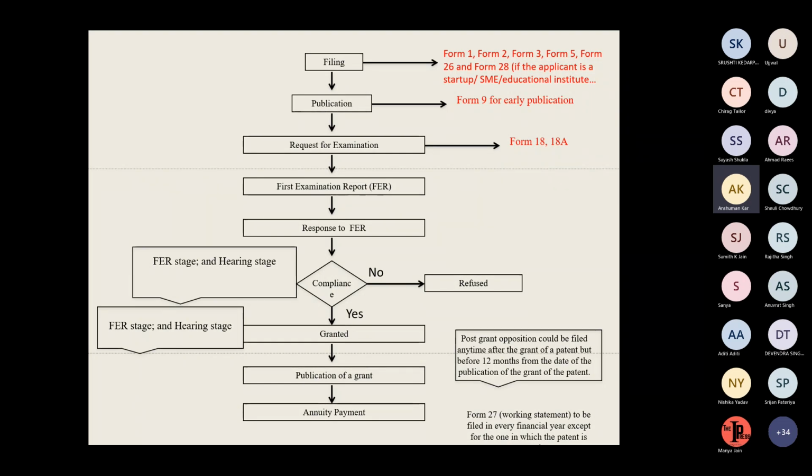After grant, it is published. So after grant publication, I said that it is again in the patent journal and it is published because it is open for 1 year for anyone else to oppose it. Fine. And then always you need to pay annuity fee, as I said, renewal fees, annuity fee in case of patents. So this is the whole process of filing.